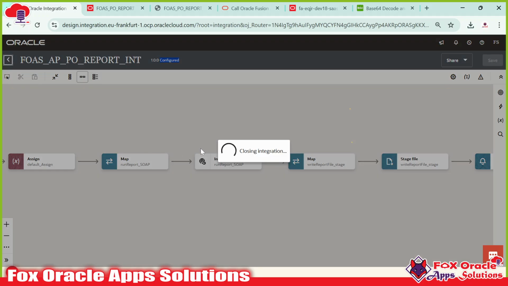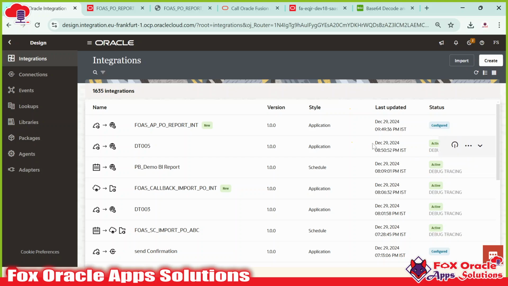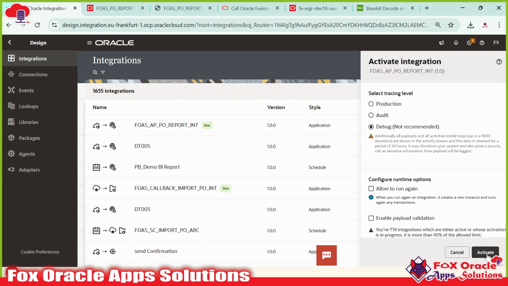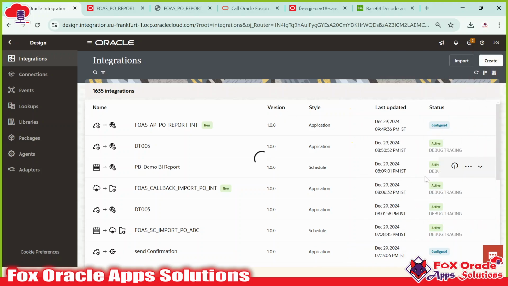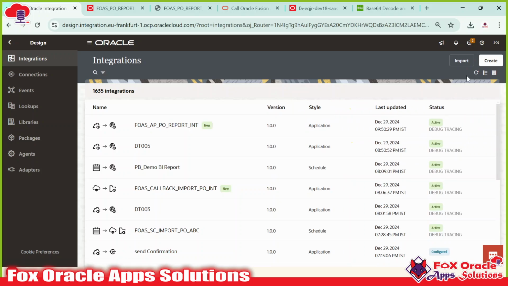Go back and run the integration. So our integration is configured so that it can be activated. So our integration is activated now. Let's run this integration. Just click here, go to run,